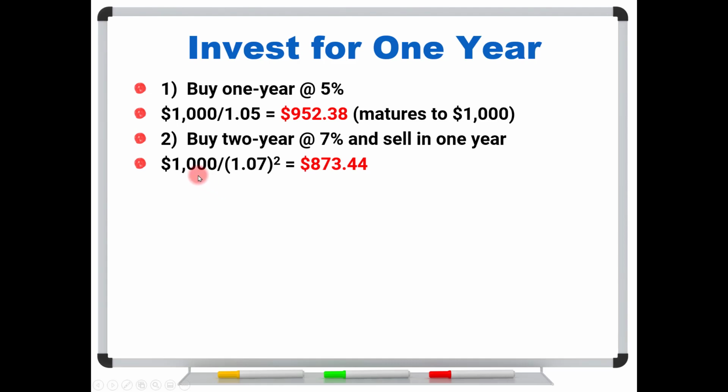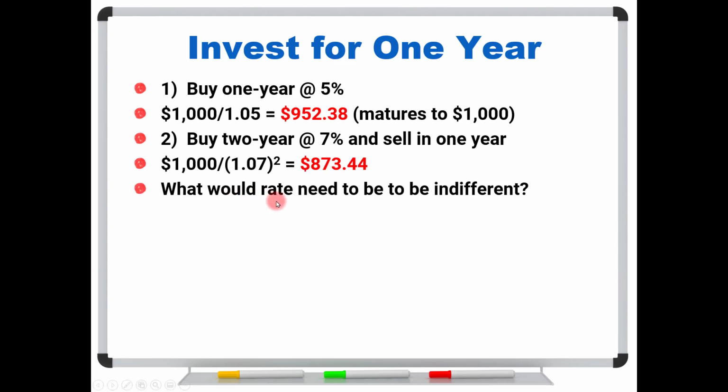Well, we're going to solve this in a similar way. We're going to take the future value, maturity value of $1,000, divided by its interest rate, 1.07, but we have to discount it back for 2 years. So this bill would be trading for $873.44 in the market. So now we have to say, well, what rate would we need in the market to be indifferent? So if I take this 873.44 price times 5%, I would need that bill to be trading for 917.11 in 1 year. Because if I could pay 873.44 for it, sell it for 917.11, I would in fact make 5%